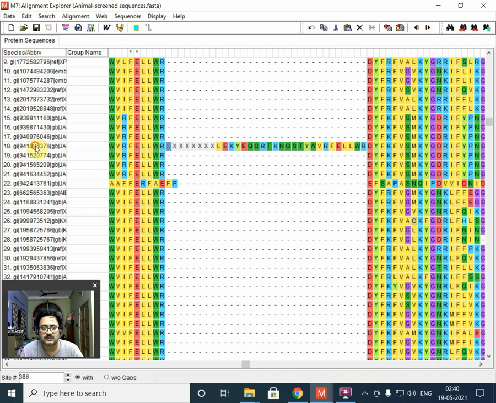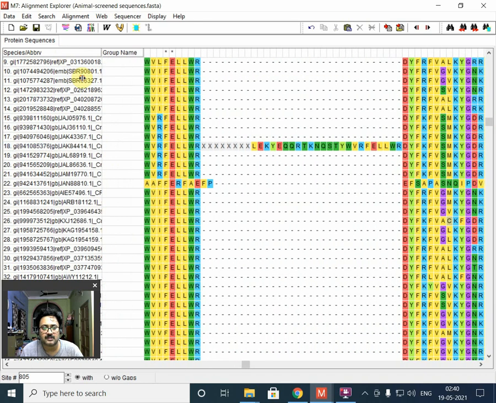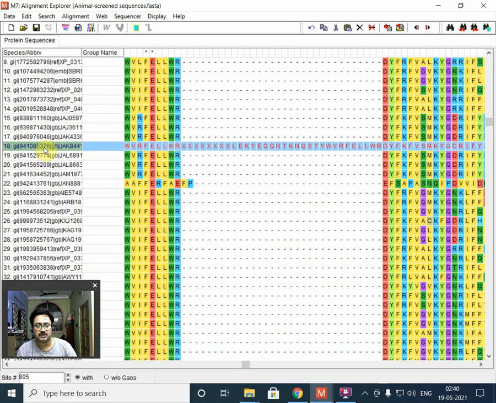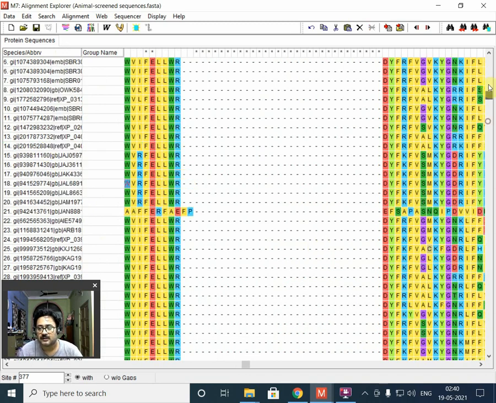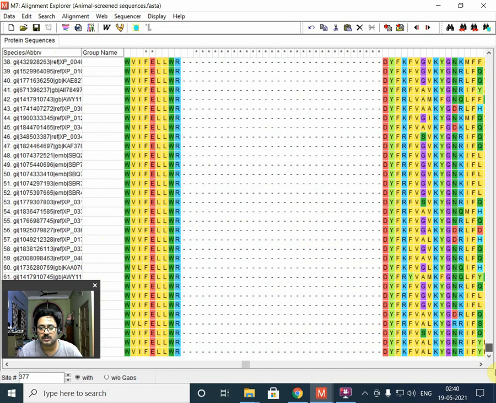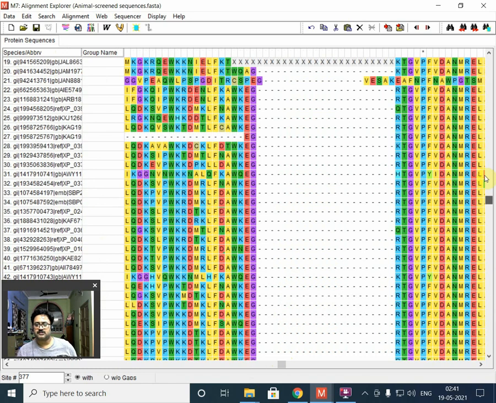This one, number 18, what is the species? Okay, that is Daphnia magna. If we remove this species from here, then this becomes all stars over here. Then we can come to this particular gap and screen through it.